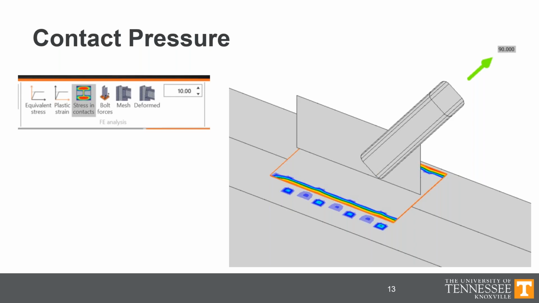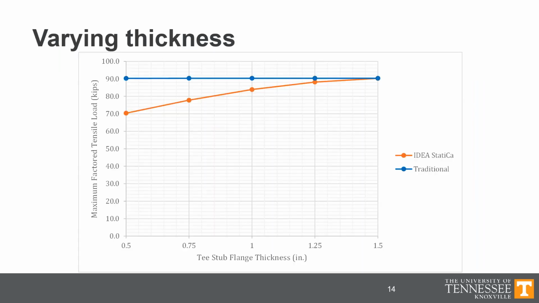We can further investigate this by varying the flange thickness. If the hypothesis of the difference having something to do with prying is correct, then the difference should disappear as the thickness of the plate increases and the prying action disappears. And so we have this set of results, which is those applied loads, maximum permitted applied loads for IDEA StatiCa